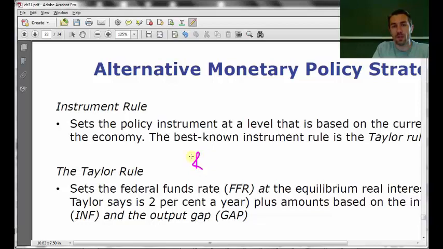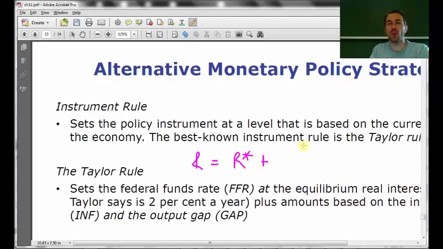What we're going to do is say there's some kind of long run equilibrium interest rate. Call it R star, right? Whatever it is. And we're going to keep the interest rate at that long run interest rate. It's kind of a long run equilibrium level interest rate. But we will adjust it